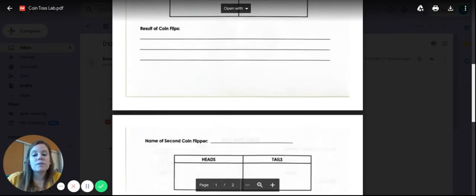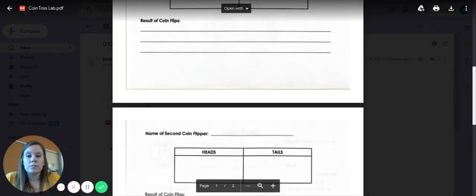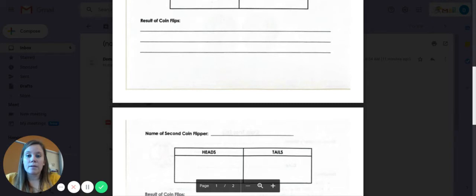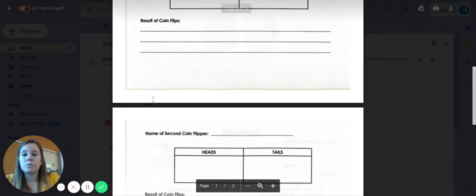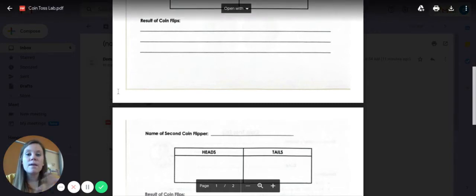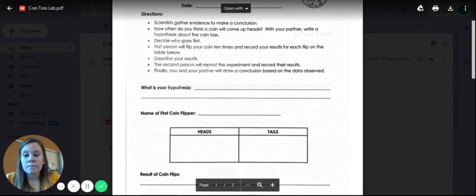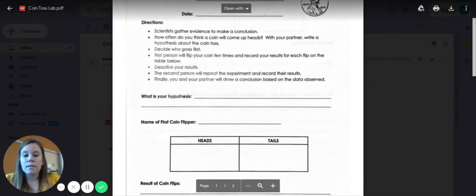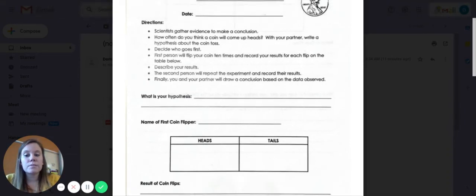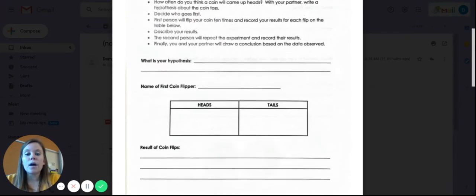So whether it's a brother, a sister, or like I said, you can go on and you can do that online simulation. You just go into your Google browser and type in coin flip, and a coin flipper will pop up and you can do it that way. And then they'll repeat the experiment, they'll record their results, and finally you and your partner, or you and your mom, dad, brother, sister, aunt, uncle, cousin, grandma, grandpa, whoever your second partner is, or whoever you can have a discussion with to talk about your results, will talk about all the data you collected and talk about this lab